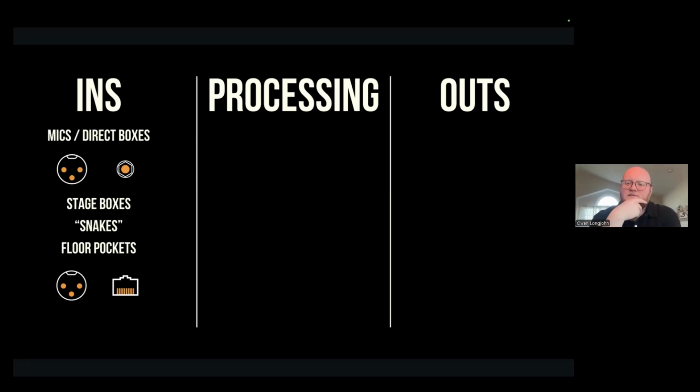Some other elements of the ins that I like to break down. Depending on your church and your facility, you may have different elements of routing in this ins category. So I often like to break that down as stage boxes or digital snakes. The console at our church is a digital console. We have 3 different digital pieces of gear on stage where we plug in our XLR cables from our microphones. I like to call them stage boxes. A lot of places will call them digital snakes.